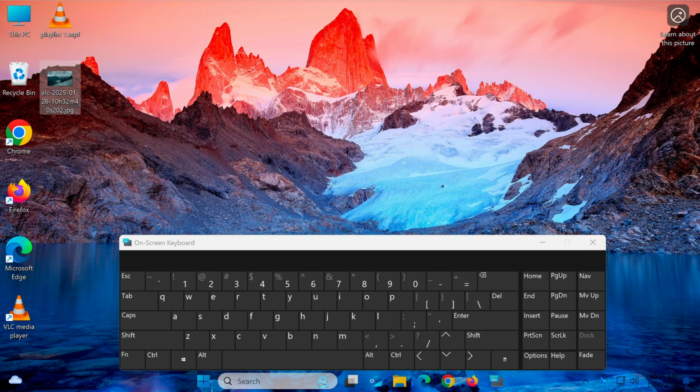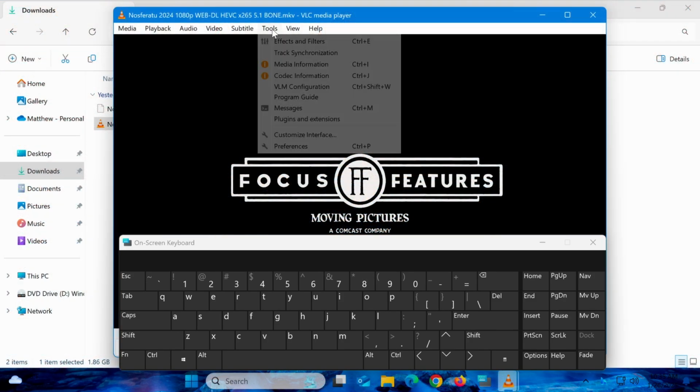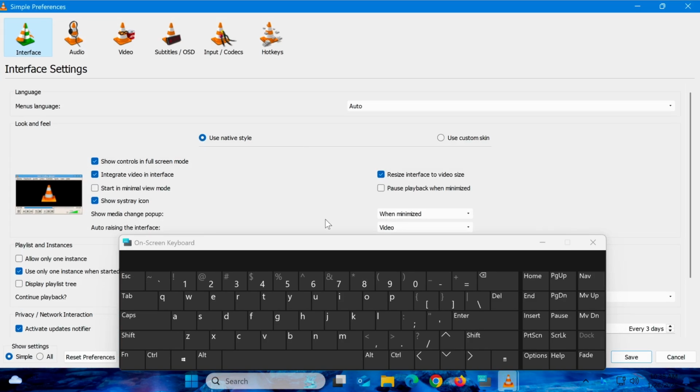So, those are the 20 most useful shortcut keys in VLC Media Player, organized by function to make them easier to remember and use. These shortcuts can significantly improve your experience with VLC, whether you're playing music, watching videos, managing subtitles, or taking snapshots. To view and customize all shortcut keys, go to the Tools menu, select Preferences, and switch